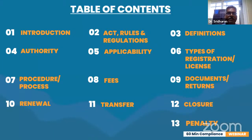In this session, we will discuss legal metrology related compliances, what type of license and registrations are to be carried out, what are the acts, rules and regulations governing to ensure the compliances in India, and a few important definitions which will give clarity to one and all. And the authorities involved to ensure the compliances, including issue of the license or registrations, and